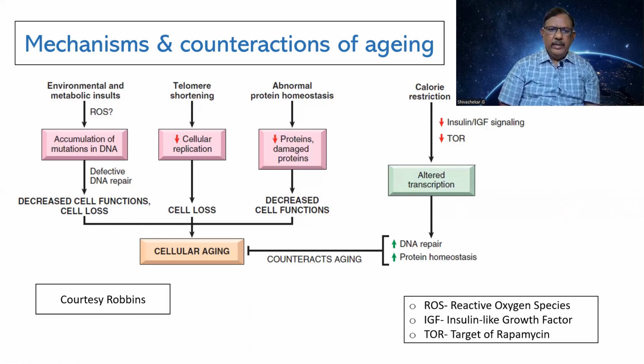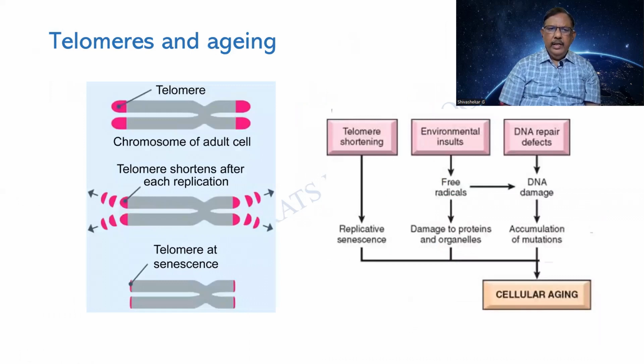Please write this. This table will definitely make sense. This is the telomere. The telomere is nothing but a segment at the end of a chromosome. So, this is the centromere, this is the short arm and the long arm. At the end of either of these, you find that there are the telomeres. The telomeres will be a sequence of proteins. What happens is there is a progressive shortening of these.